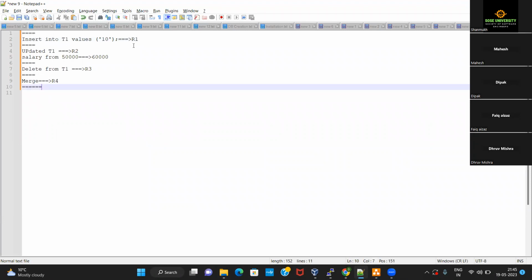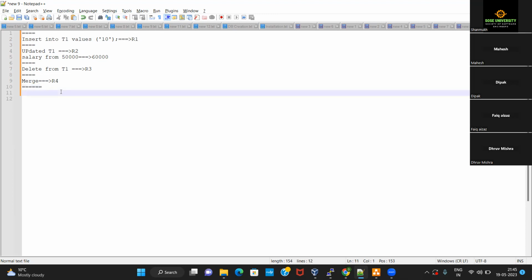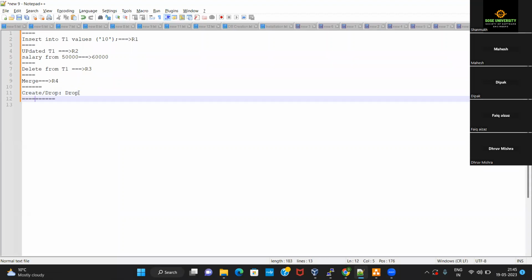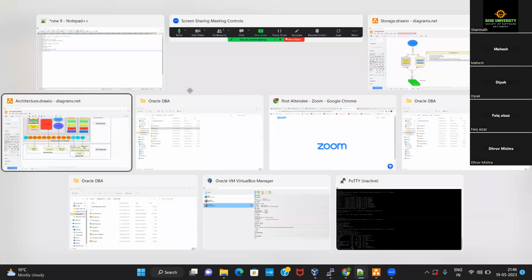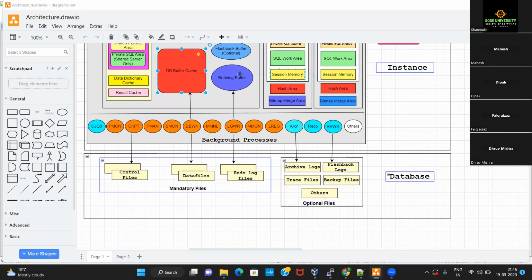I just mentioned that whenever a user fires a DML statement, which is either an insert, update, delete, or merge statement, or the DDL statements like create or drop, a corresponding redo entry will get generated in the redo log buffer.